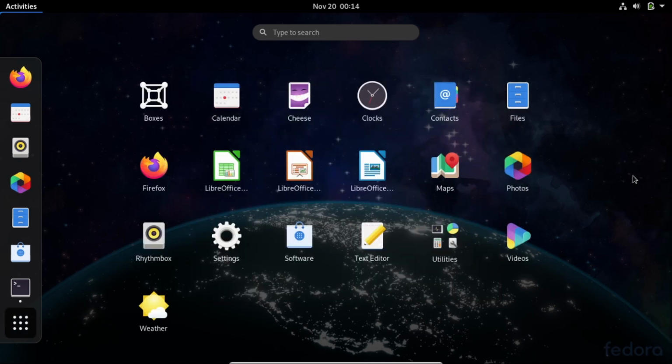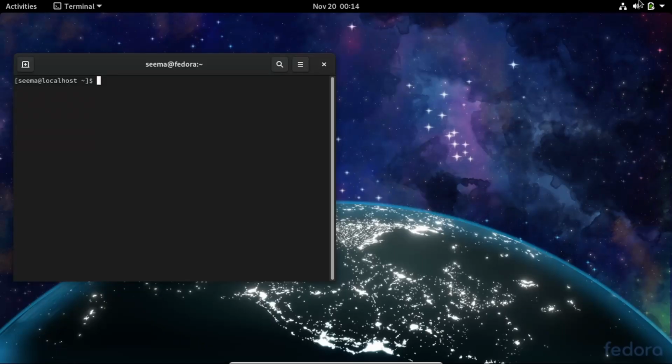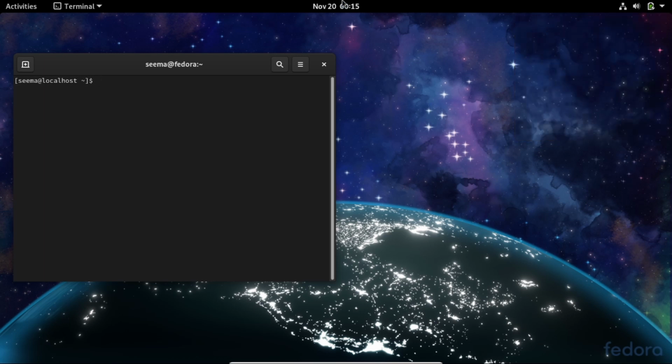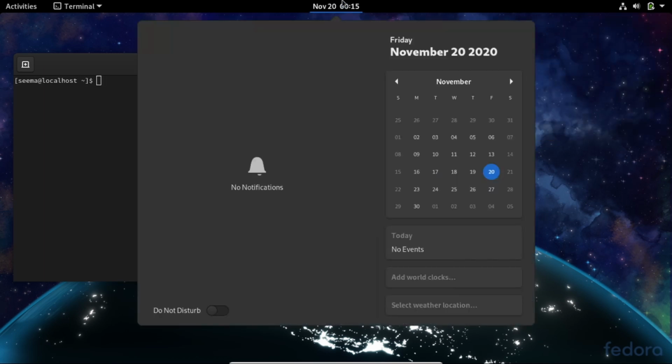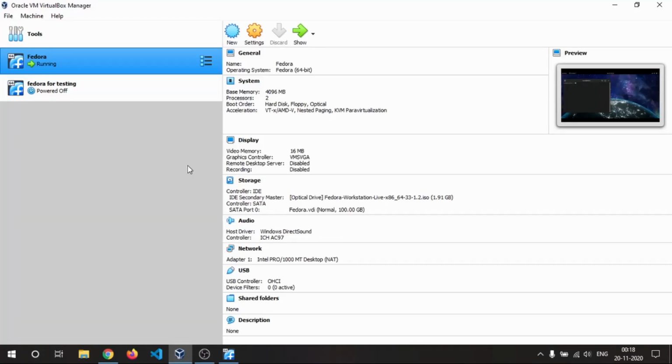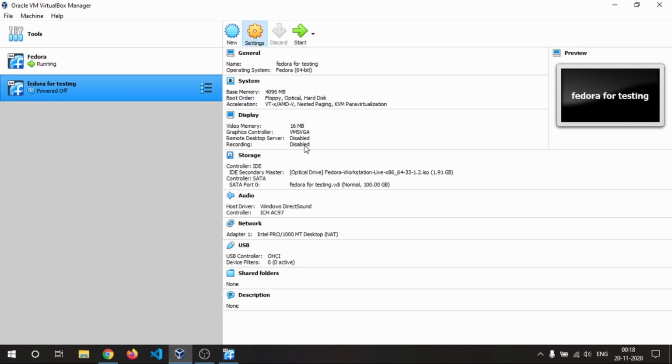You can just explore the applications here. Yeah, there are plenty of applications. If you want to install any others, you can go to the Software part, and here is the Wi-Fi connection and the battery and the settings you want to change, or whatever you want to do with your system. Here you can see the time and date, etc. All the notifications will be here, and all the software updates, if any, will be shown here. And yeah, okay. So after installing your Fedora system, the things you need to do are go to settings